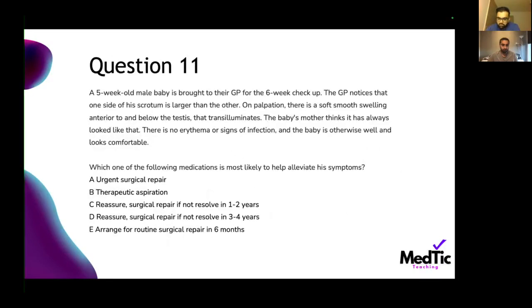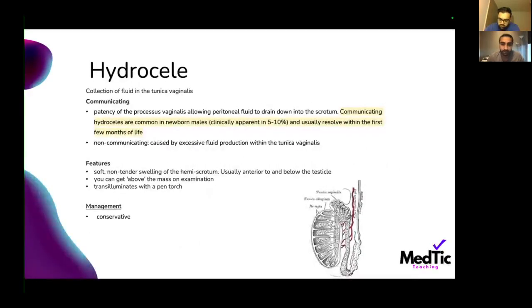So it seems split 50-50 between A and C. Okay. So the answer is C for this patient. It's just more remembering what this case is. So hopefully you should have found this was hydrocele. The presentation that I gave is actually very similar to how it would be in an adult as well. So hydrocele is a collection of fluid in the tunica vaginalis,